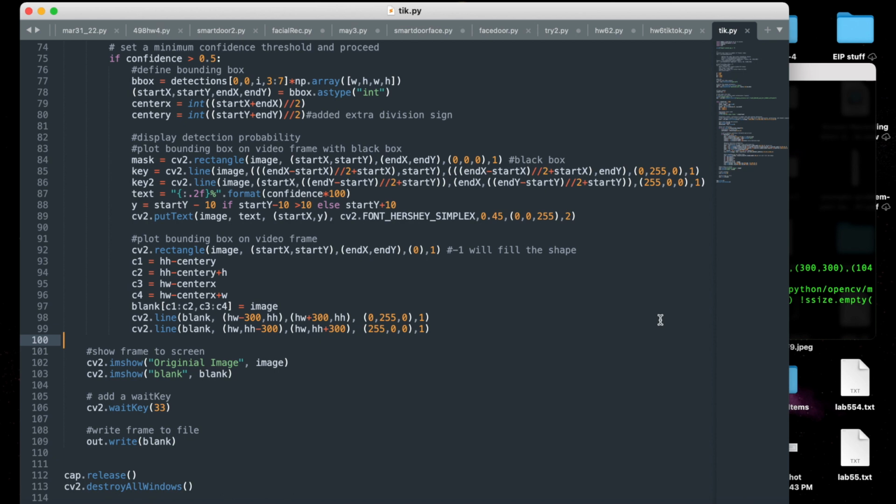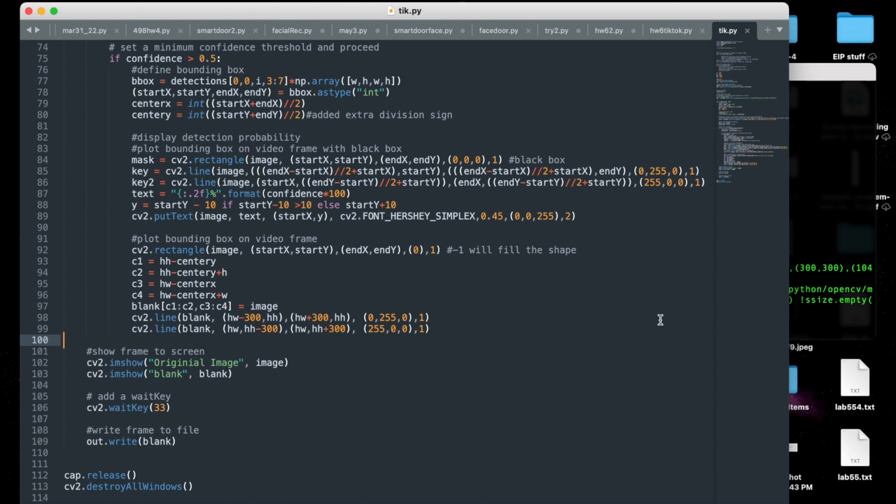So then the second section, plotting the bounding box in the video frame the second time, so this is where I do it on the new one on top of the blank. So I use the same code for the rectangle, and then I start figuring out how I'm going to plot the lines and making sure they're in the right place. So I use the halfway point minus the center Y that I calculated above, and I do that plus the height plus the width, and then I plot those onto the blank and make that what the new image is,